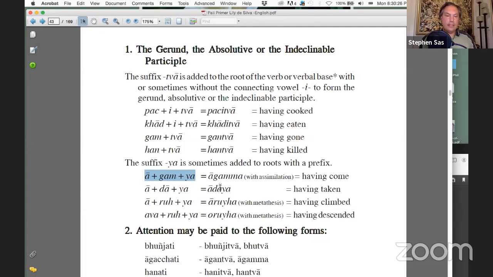But in Pali, this kind of collection of consonants doesn't work so well. Things in Pali are often, we might say, smoothed over, more gentle on the tongue. And so agamya becomes, in Pali, agamma. This effect is sometimes called assimilation, because we can say that this ya sound has been assimilated and smoothed out to agamma. We don't have to use these fancy grammatical terms, but we see this over and over again in Pali.